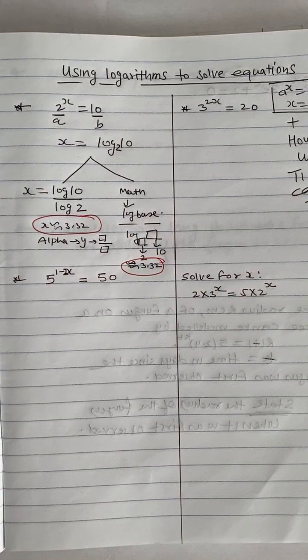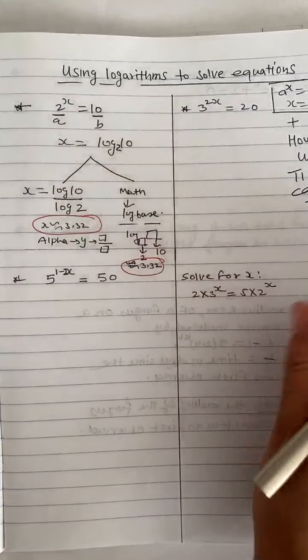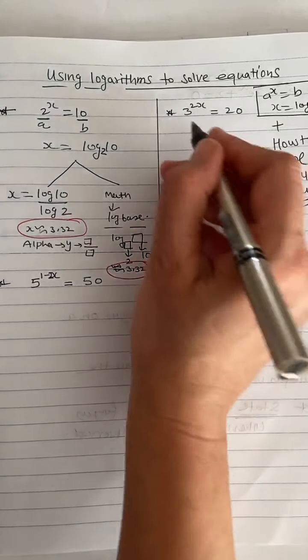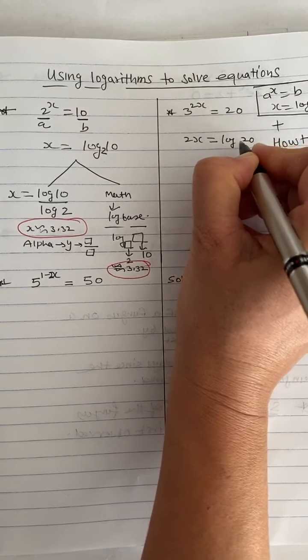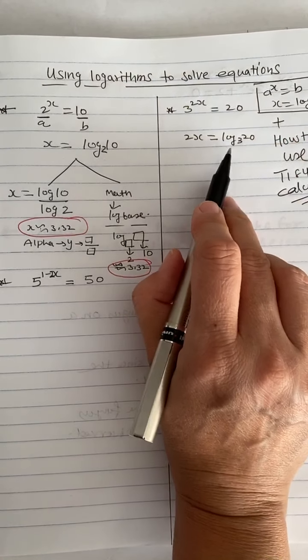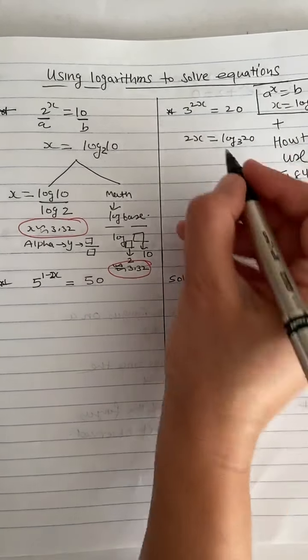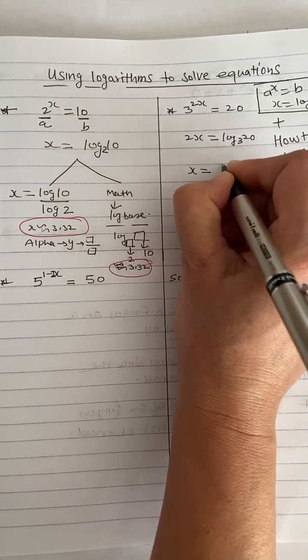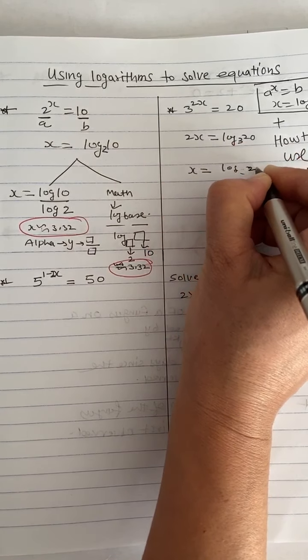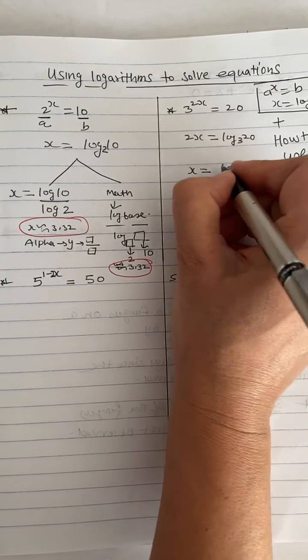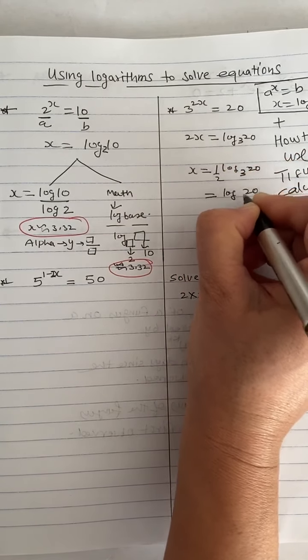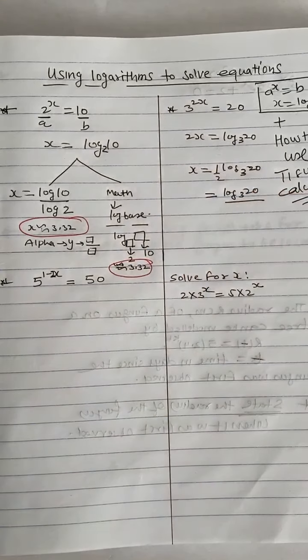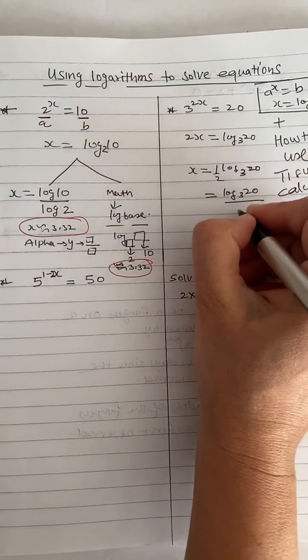Okay, so I'm going to do the next one here. 3 to the power of 2x is equal to 20, exactly the same way. 2x is log 20 to the base 3. Now don't rush to enter this in the calculator yet. So you do one more step, which is x equals log 20 to the base 3, and then 1 over 2. So I'm going to rewrite this so that I know exactly how I would like to enter this in the calculator. So this is 2.